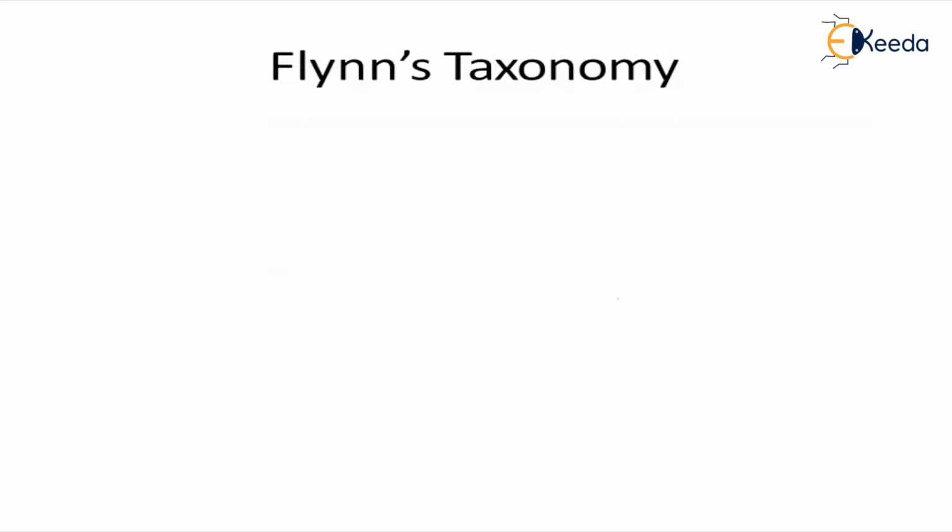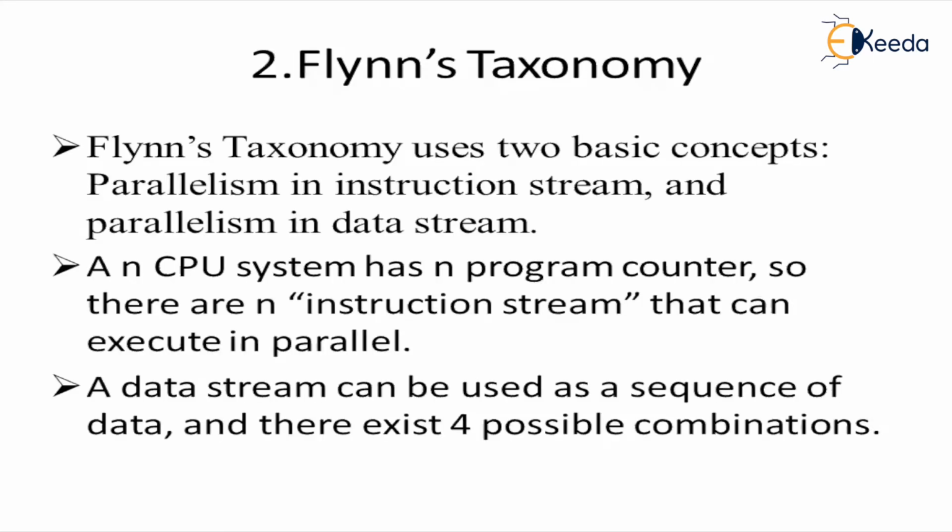From the viewpoint of the assembly programmer, parallel computers are classified using concurrency in programs, sequences, data, and instructions. So you are performing multiple operations simultaneously when it comes to Flynn's taxonomy. Flynn's taxonomy has been further divided into SIMD, MIMD, and so on, which we'll be looking into. Flynn's taxonomy basically has two concepts: parallelism in the instruction stream and parallelism in the